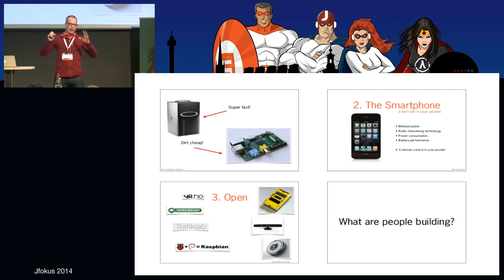And the third thing I want to highlight is what I call the open movement, if you wish. And this, of course, kind of started with open source software. So you can go out and buy this very capable small computer, but you can also download a really powerful operating system for it, for free. And you get all the applications you need, you get all the developer tools you need, and it's all open source. So if you don't like it, or there's a bug, or there's something you want to fix, you can just do that. It's just right there.